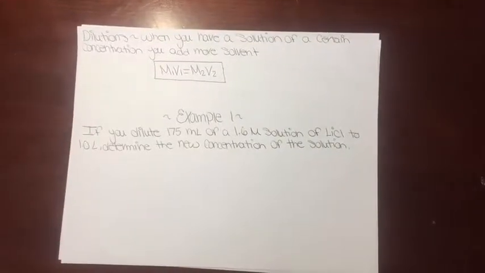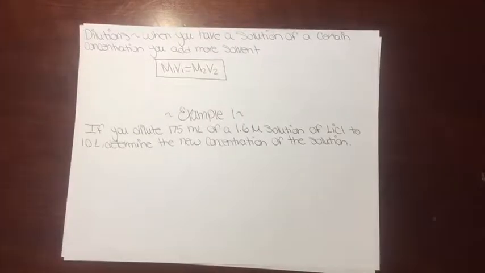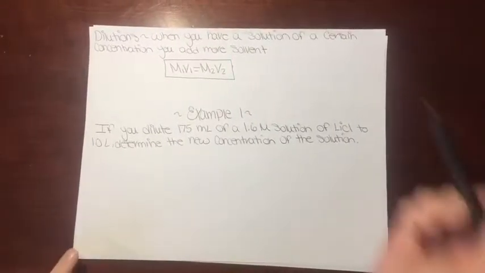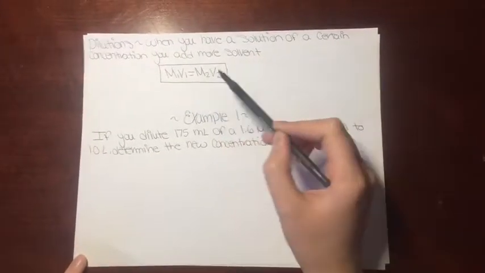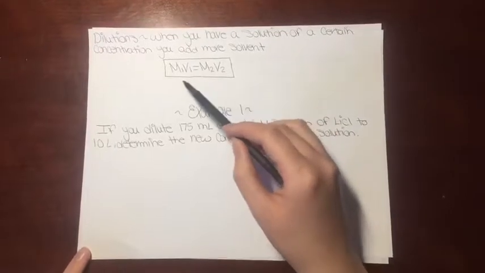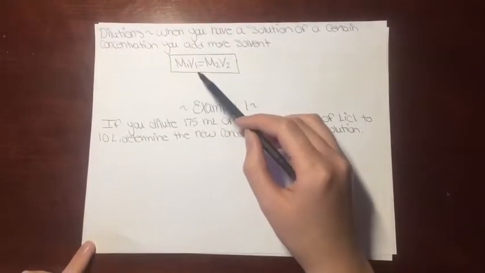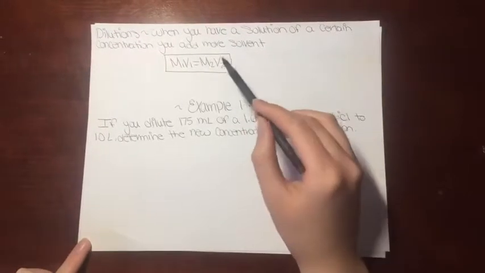Okay, so we're going to be talking about dilutions. Dilutions are when you have a solution of a certain concentration and you add more solvent. This is the formula for dilutions: M1 V1 equals M2 V2. M1 stands for the molarity, V1 stands for the initial volume, M2 stands for the second molarity, and V2 stands